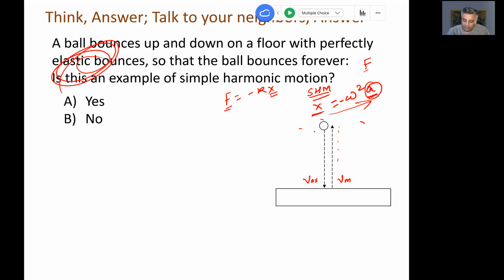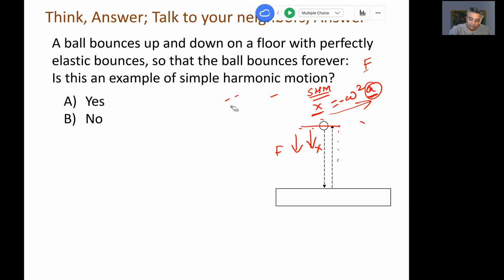But here, let's say I start from here, when it's going down, force is also acting down. Gravitational force is acting down, isn't it? X and F are acting in the same direction. But the condition for simple harmonic motion is they have to be in opposite direction. So it looks like this is not